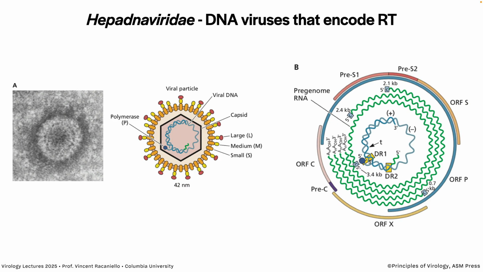All right, the last virus today with reverse transcriptase, the hepatitis viruses. This is cool because these are viruses with a DNA genome, right? Hepatitis virus has a capsid inside of an envelope. The envelope has glycoproteins in it, of course, and within the capsid is a double-stranded DNA, which I have shown you many times to be broken, right? It's gapped, it has a protein stuck on one end, and it has an RNA stuck on the other.